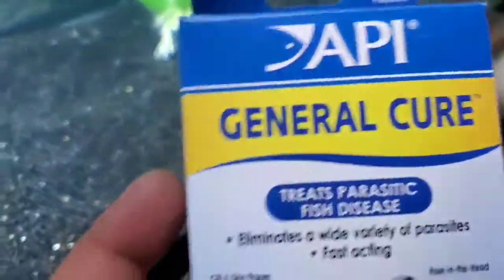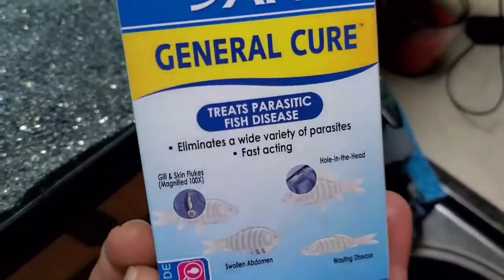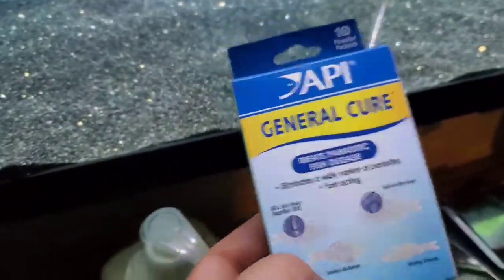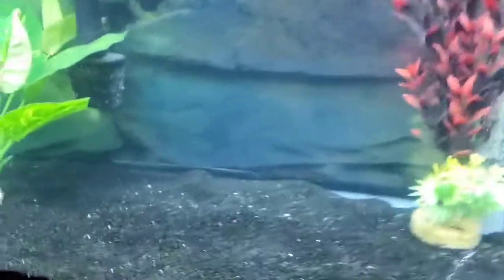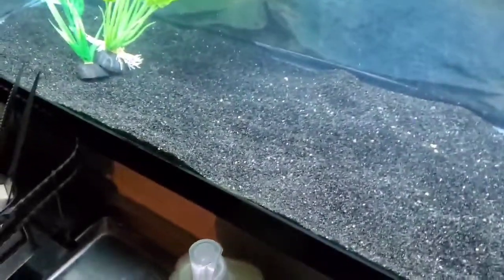Oh gosh, I'm dropping stuff because I had to turn all the lights off because there's so much glare, and there's still glare regardless. Let's see. API General Cure. That's what it is. It's almost impossible to find. The only way you can get it is online in bulk, and it is about $165 to $185 depending on where you get it, and that's ordered online. And shipping, I would imagine, for a nice sized tub is probably a pretty penny. So yeah,